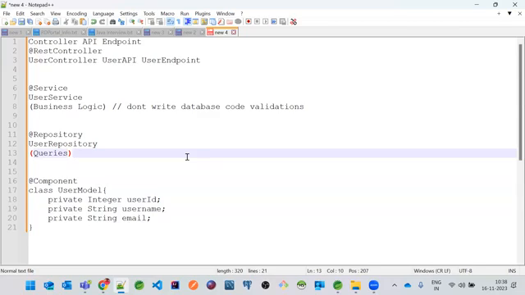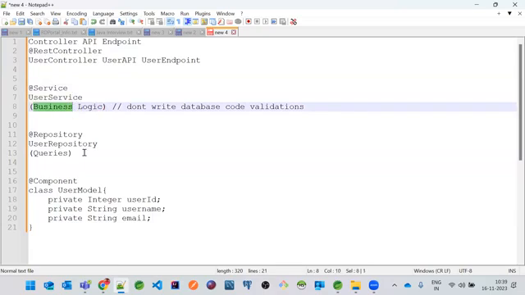That's the reason they have segregated annotations also, because we cannot write a single class and merge all the logic. See here, we can call the user service from the controller. Let's say I want to pass user information with user ID, username, password, email. I just have to check whether the email is in the right format or not. Those kinds of checks we will perform in the user service, and that is the business logic.